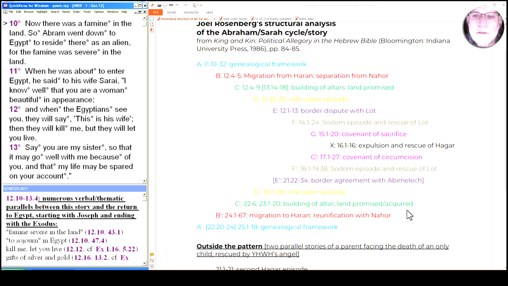Today we're going to look at the shape of the story from several angles, both intratextually, looking at the three wife-sister stories, this one in chapter 12, the one in chapter 20, and the one with Isaac in chapter 26, as well as looking intertextually at the way this story has many parallels with the Exodus story, of course in a different book, hence intertextually between Genesis and Exodus, two different texts.